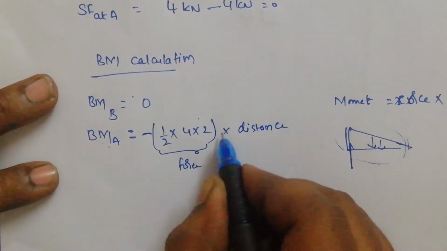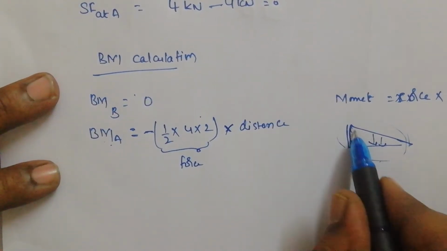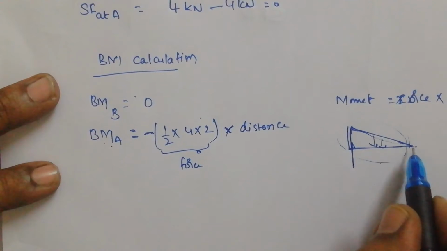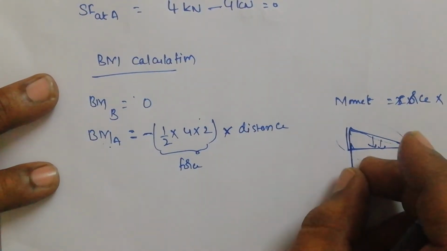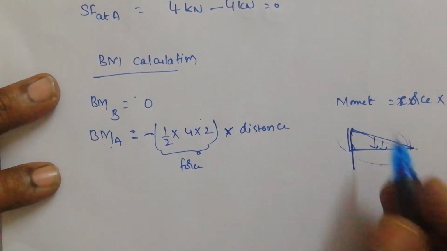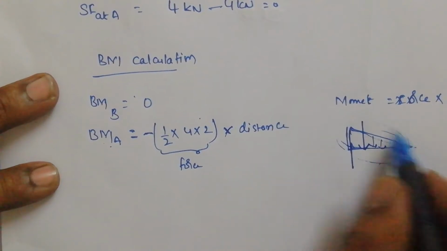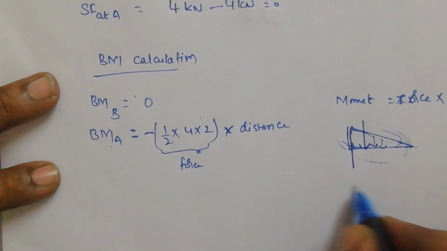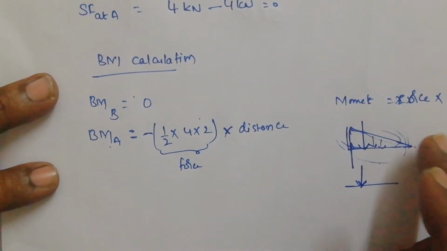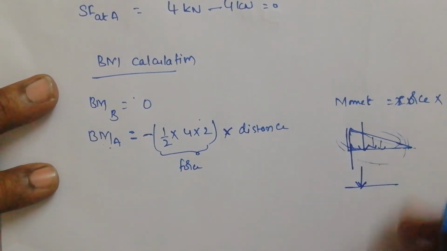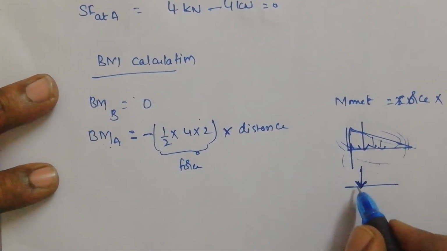For identifying the distance, I should remember, as per engineering mechanics, that the whole force will be concentrated at the CG of the triangle. If I remove this whole triangle and apply the same load at the point of CG, then the effect given by the UVL will be the same as the effect given by the resultant load at that point.